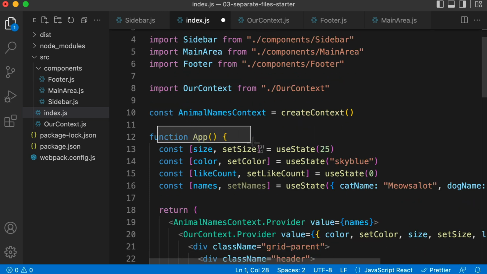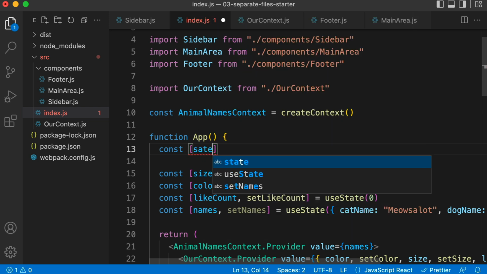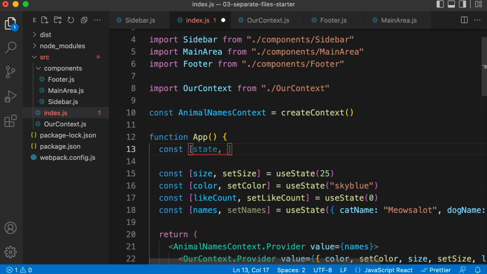Okay, now let's go leverage useReducer. So down in our app function, I would say const square brackets, and just like when you use useState, useReducer is going to return an array with 2 items in it. So we're destructuring that array. Let's make up variable names of state, comma, dispatch. Don't worry, I'll explain why we're choosing these names in just a moment. But let's say that equals, and then